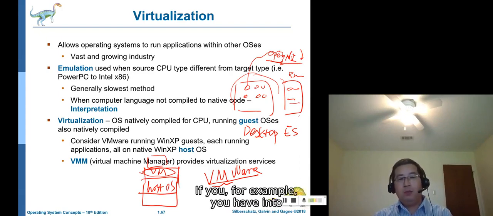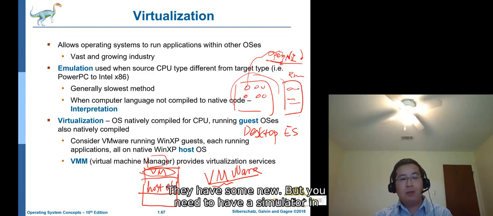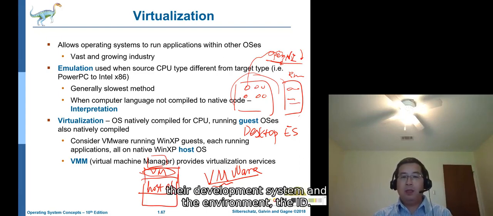If you have an interest in mobile phone development, you can find Android or Apple iOS, and also some others, like Java's J2ME, maybe the previous one, maybe the latest one, they have some new ones. But you need to have a simulator in their development environment, the IDE.